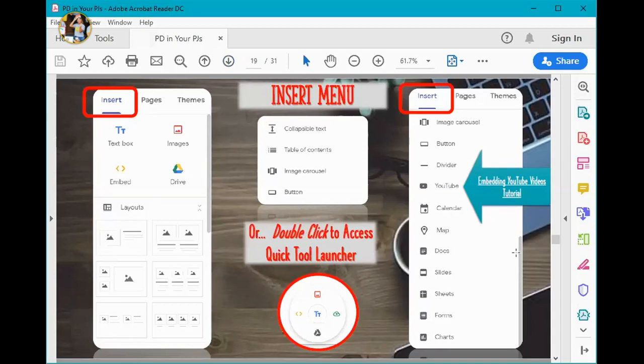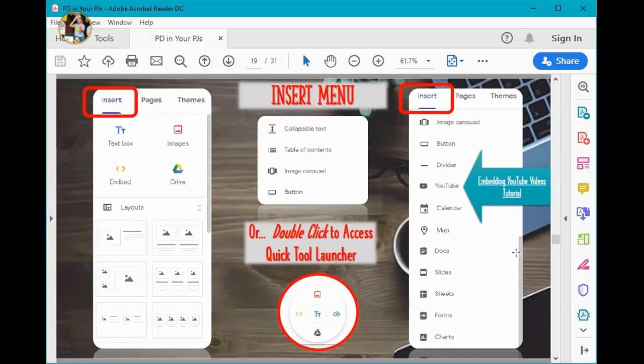Dividers separate our sections. We can embed our YouTube videos directly from there. We can embed our calendars. We can embed a map if we wanted to show location, or if I was doing a project about a specific location, I could put that point on the map and have that embedded on a particular page. And of course, anything from Drive can be embedded on our site. Now,